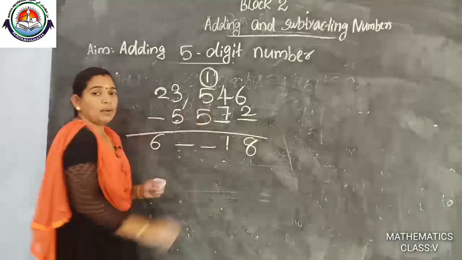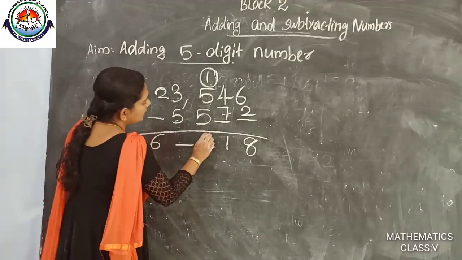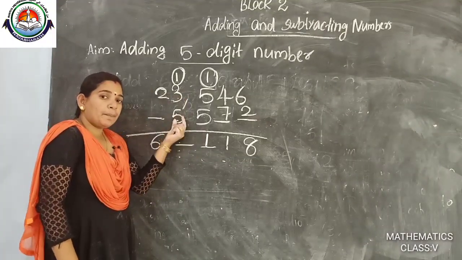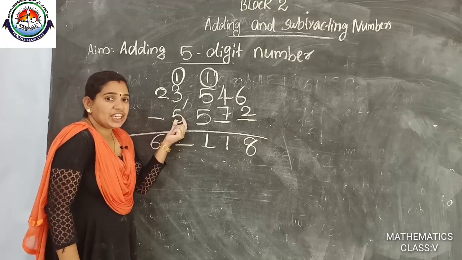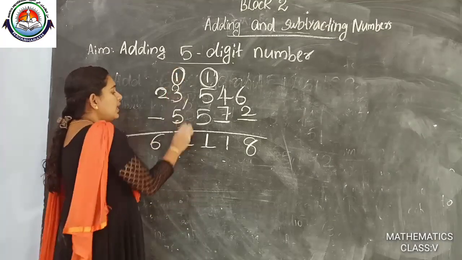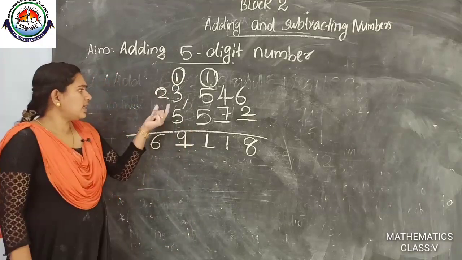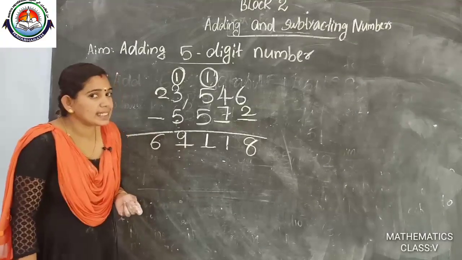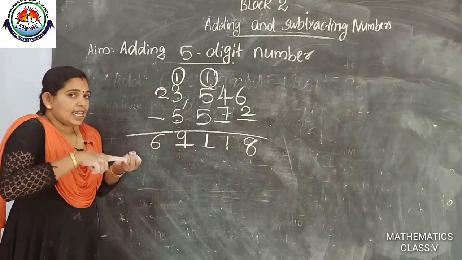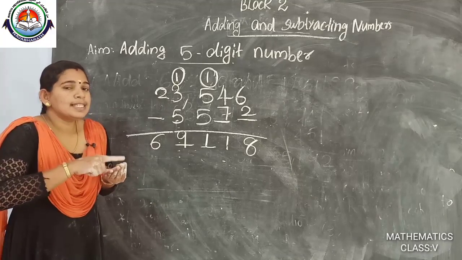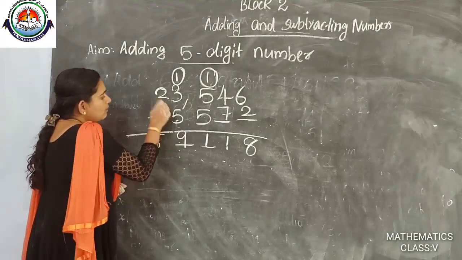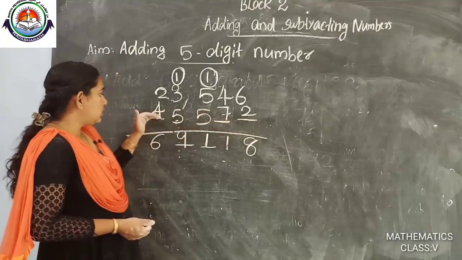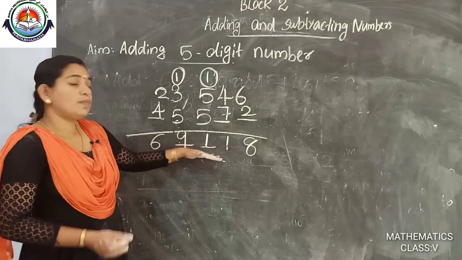Then 5 plus 5, 10. 10 plus 1, 11. 1 is also carried. 3 plus 5. What is that? 8. 8 plus 1, 9. Then here, the center is blank. So which number are we adding to 2? We will get 6. 3, 4, 5, 6. So how many fingers? 4 fingers. Okay.